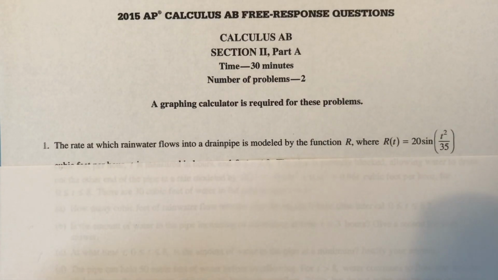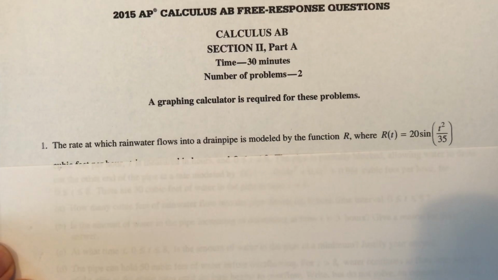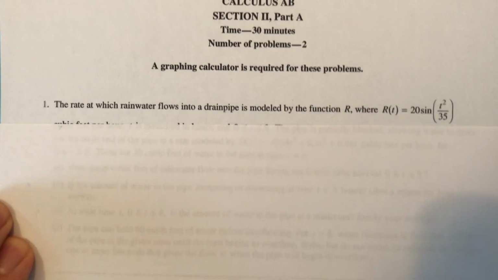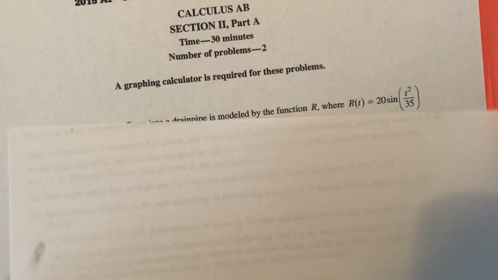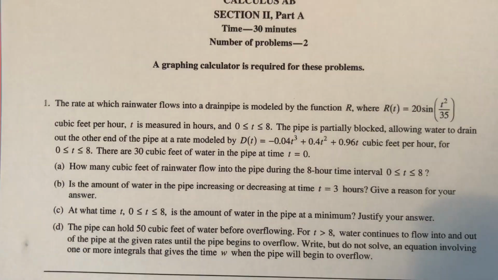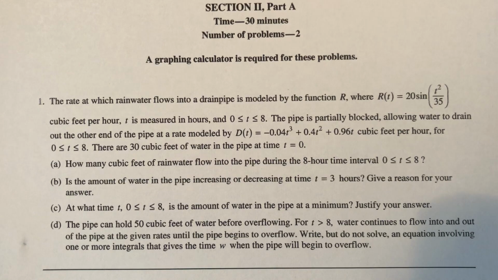Okay, 2015 AP Calculus AB free response questions. Let's begin with number 1. This is calculator active. It would be practically impossible without some sort of computational device. All right, the rate at which rainwater flows into a drain pipe is modeled by that function, cubic feet per hour,